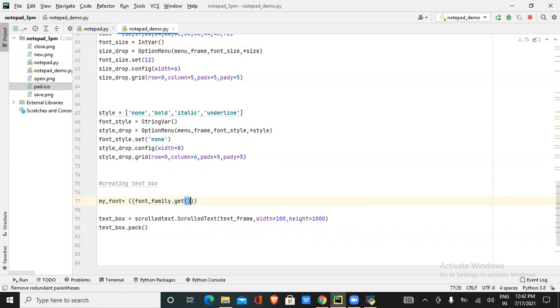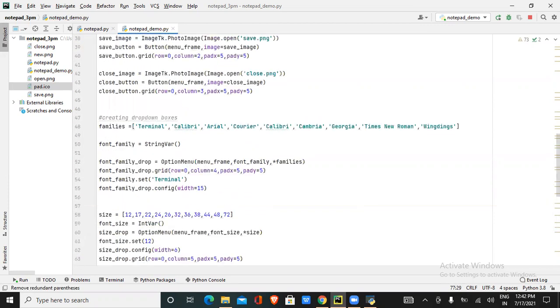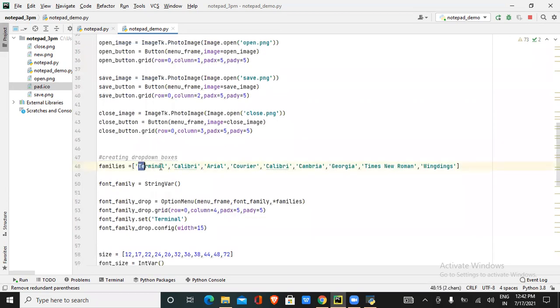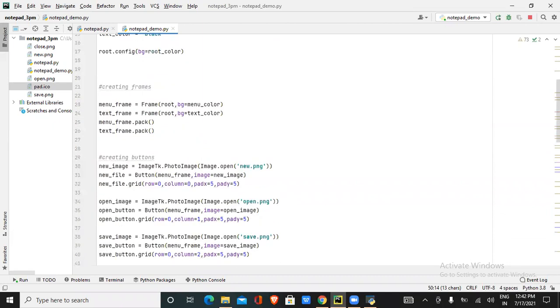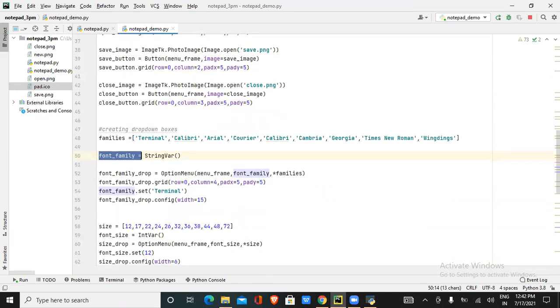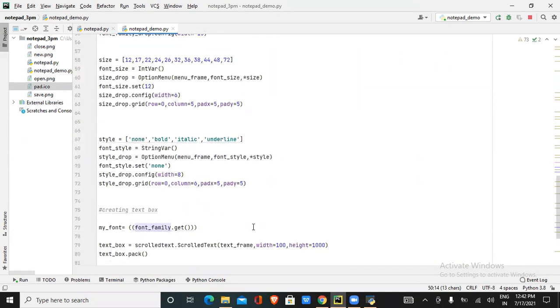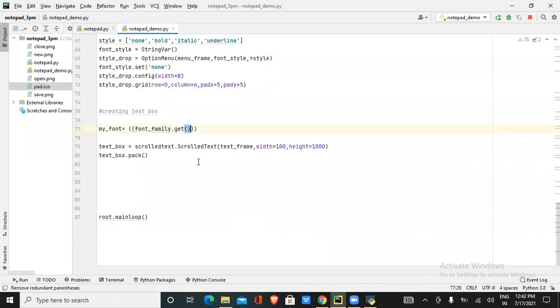So whatever the first family is there, what is the first family, sir? Inside the list, the first family is terminal. So that terminal texture will be added to your font. That is coming because of this font family. So font family dot get means it retrieves the first font to your data. And in the second